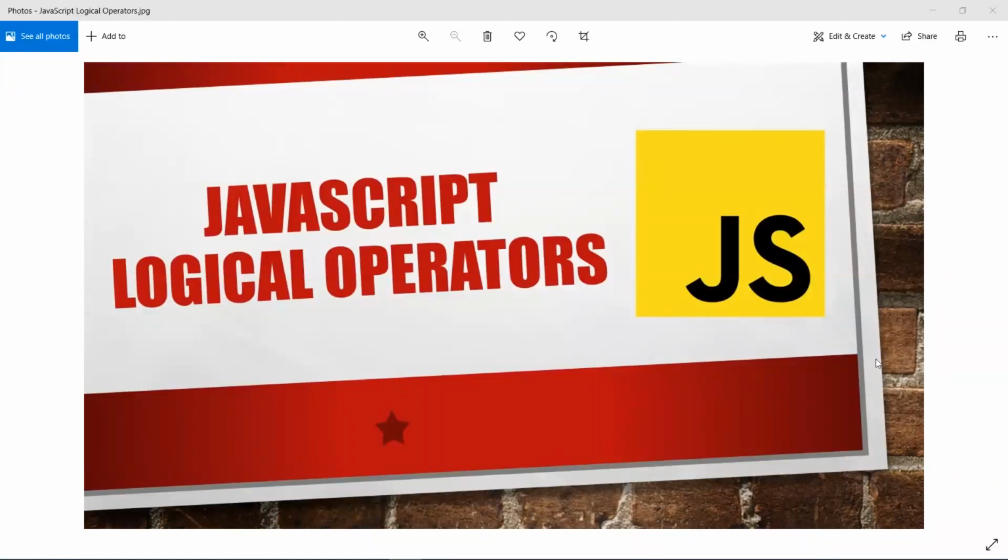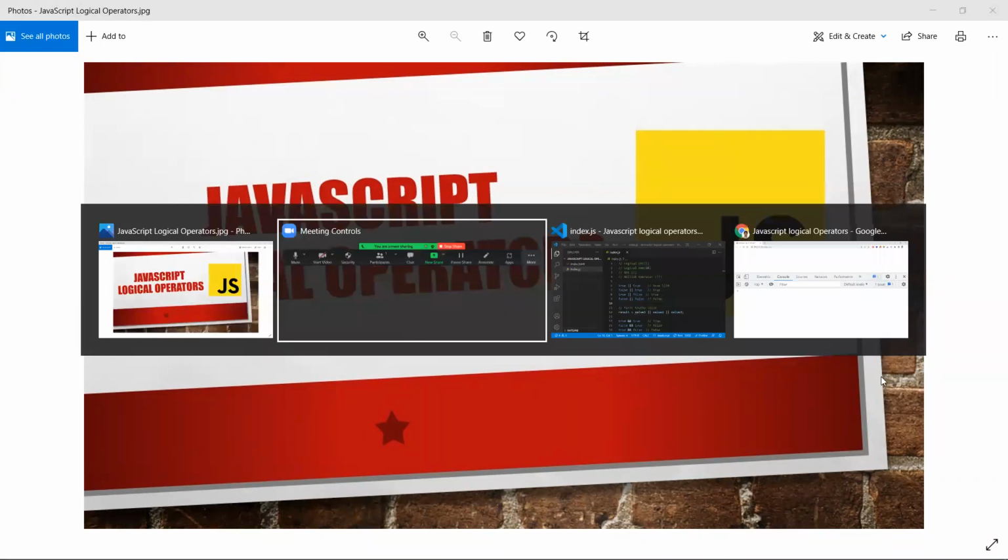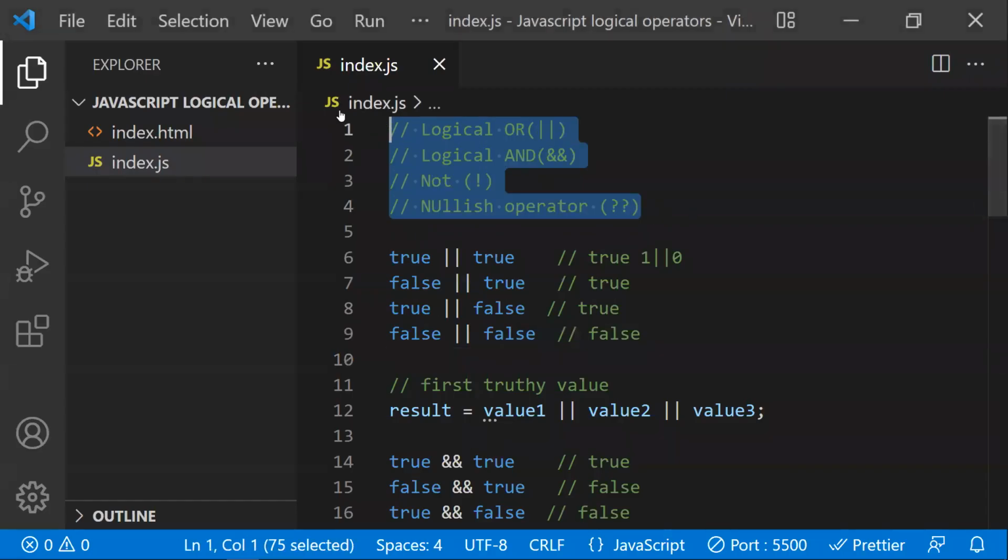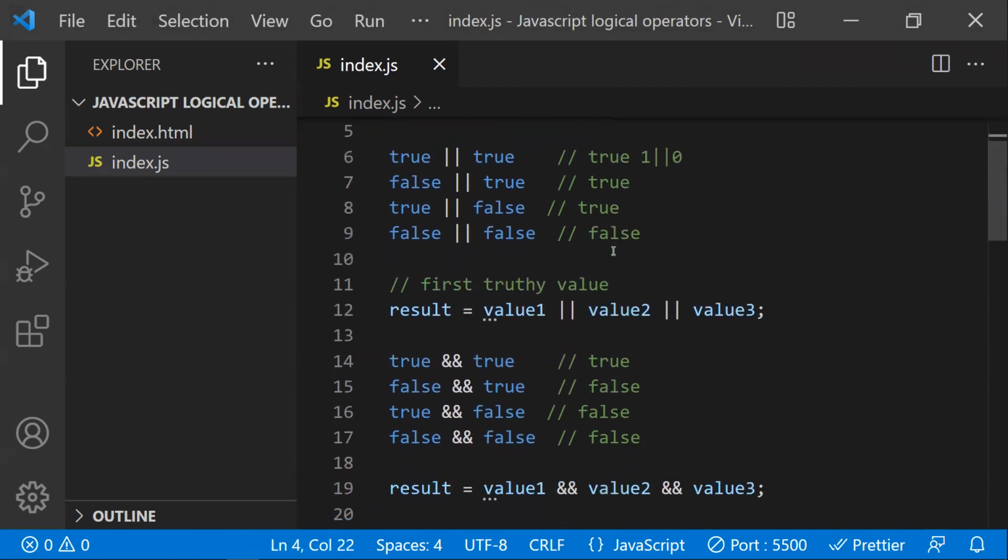Hi all, in this video let's learn about JavaScript logical operators. So these are the four logical operators of JavaScript: logical OR, logical AND, the NOT operator, and the nullish coalescing operator with double question marks. Firstly, we'll try to understand how these operators work, and next we'll discuss how